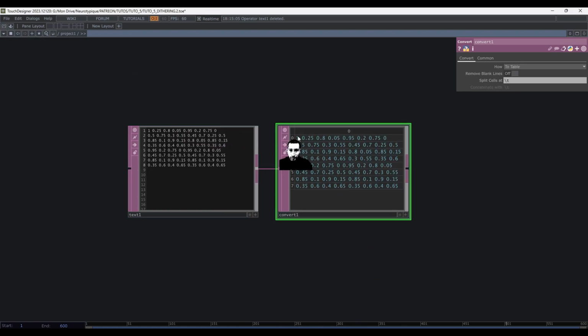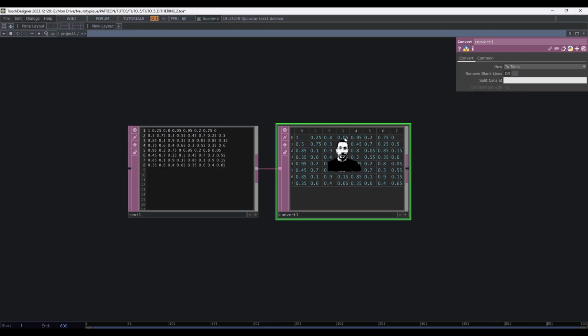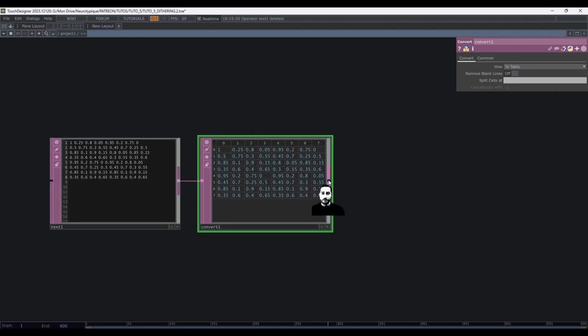Now it just created one row per row of our text here, and we also need to say each different number is a different cell. So split cells at, just put a space, do not leave it empty, put a space, and now every time it sees a space in this text, it will split the cells, and you have an 8 by 8, so 0 to 7, 0 to 7, 8 by 8 table.